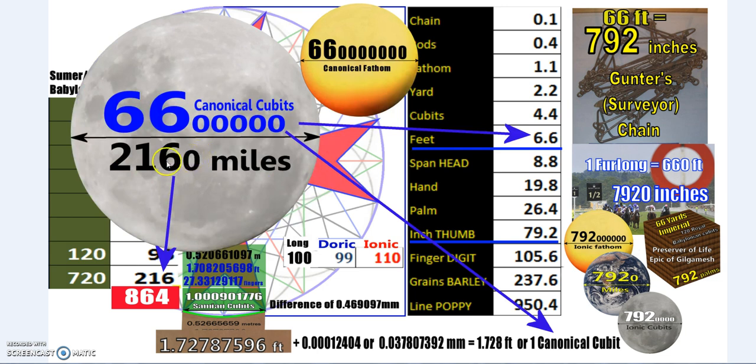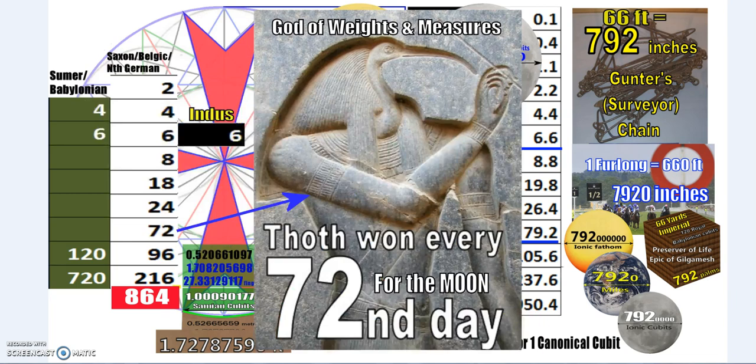Okay, the diameter of the moon, again above 99.9% accurate, 2,160 miles, which has so many other applications, but well, that converts to 66 and 5 zeros canonical cubits. 66. We already saw Sun, Earth, and Moon, and these other connections. All right, so Sun and the Moon to 66, and for instance, on that scale as well, that would be